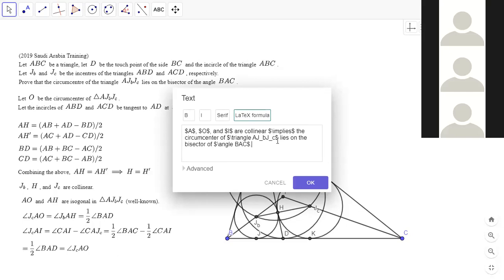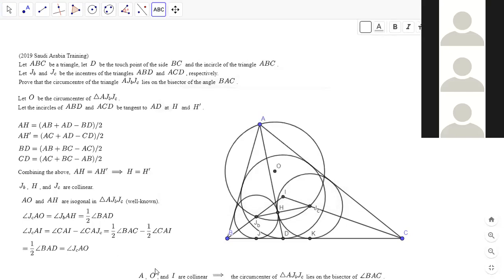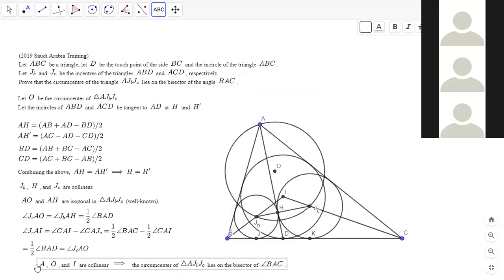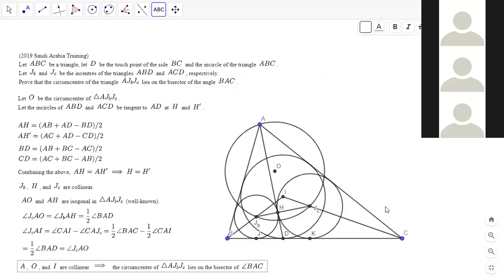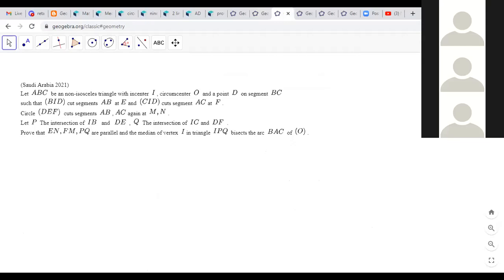So I'm going to move on to the next one. Okay. Yeah. Let's see. This one looks